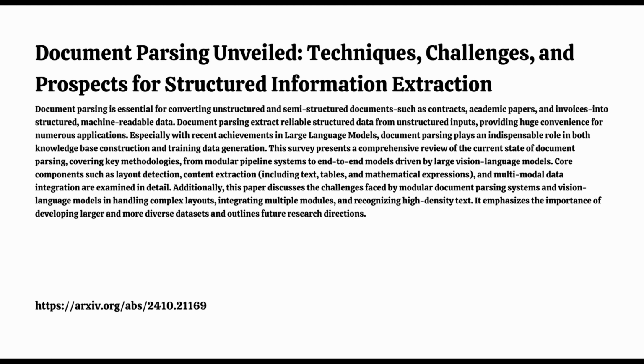There's a whole range of widely used datasets, each with its own strengths and limitations. Some datasets, like FUNSD, are relatively small, but offer valuable resources for parsing form and document structures. They provide annotations for text blocks and relationships, which is crucial for training algorithms to understand the structural nuances of documents. So these smaller datasets are like the training grounds where AI gets its initial grasp of document parsing basics.